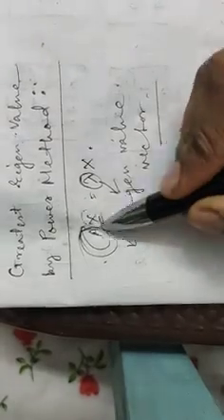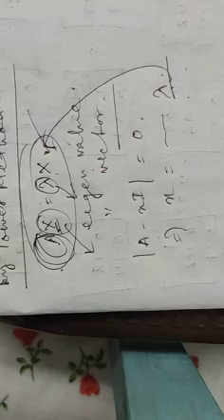Now you all know the procedure: if a matrix is given, how to find lambda and x just by applying the rule determinant of A minus lambda I equals 0. You will get the values of lambda, which are the eigenvalues, and then corresponding to that lambda, using the relation Ax equals lambda x, you need to find the values of x, that means the corresponding eigenvectors. You are all familiar with these.